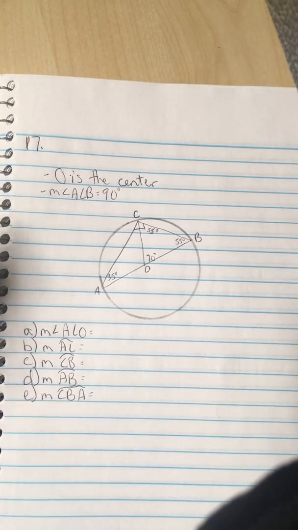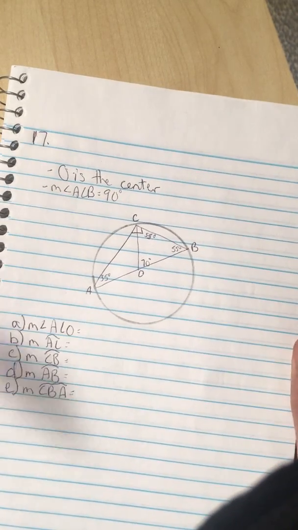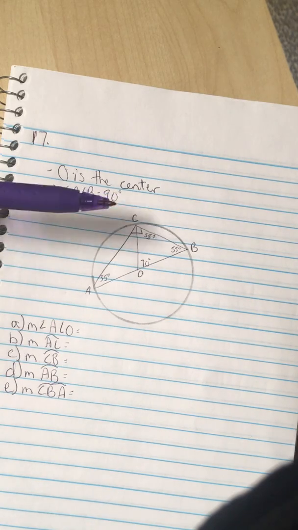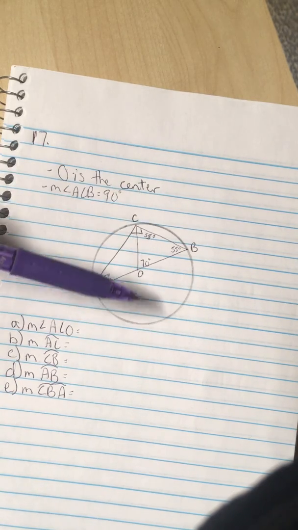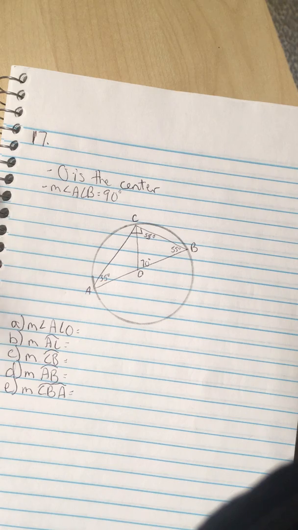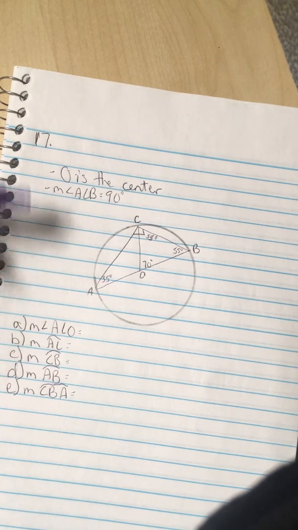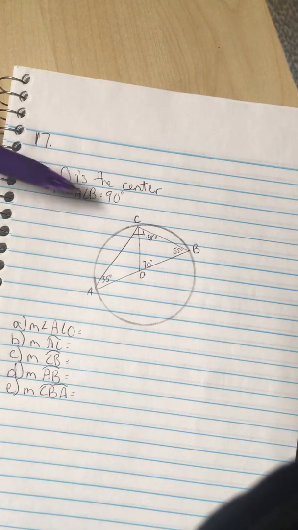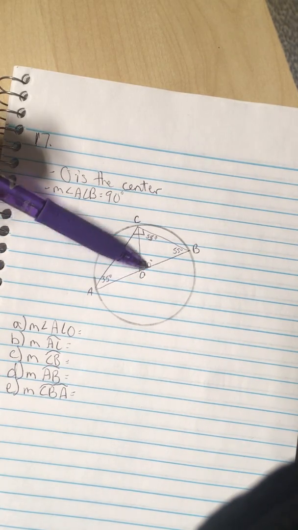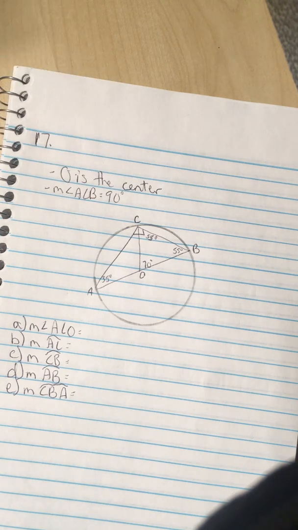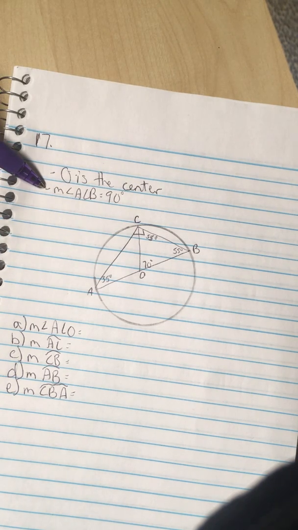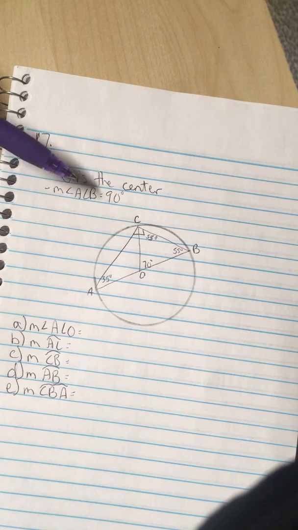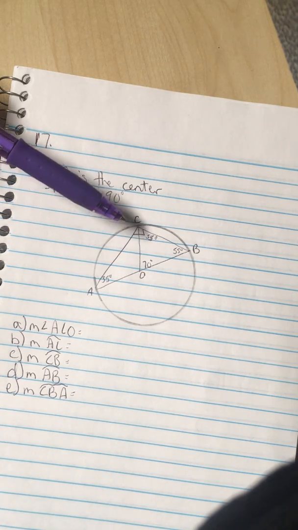Okay, for this TeachIt video, we're doing problem 17, which is just a circle with a triangle split, and then it's just asking us to find the angle and some arcs. First of all, just some information that we know. We know that this point O is the center of the circle, and it gives us angle ACB is a